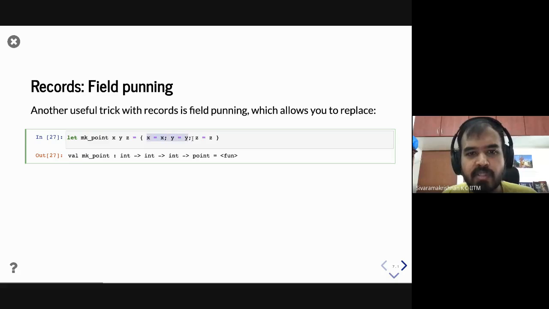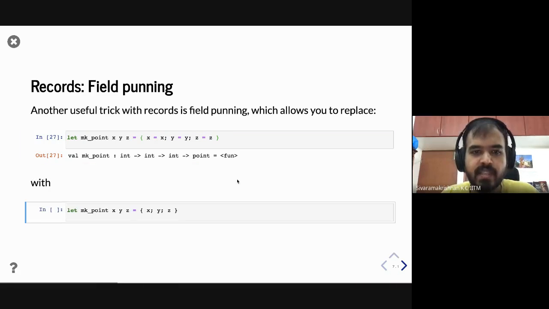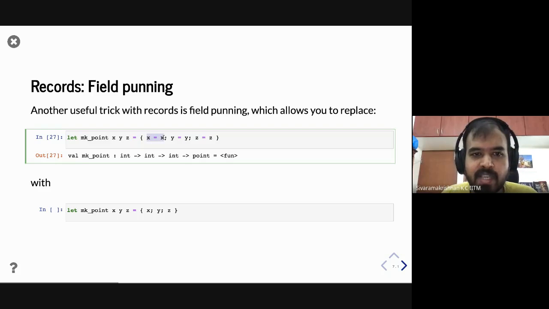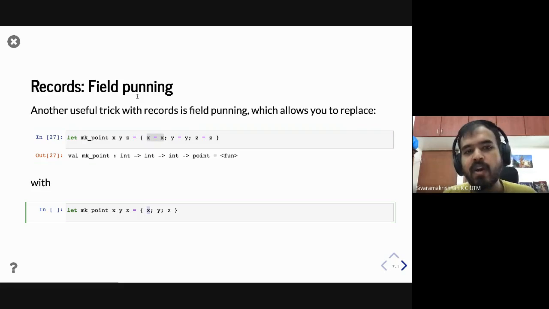x equals x, y equals y, and z equals z. And you may see this form, where if x equals x is your syntax, you can just replace that with x. So this concept is called field punning. Again, this is just a helper thing, right? It's not a primitive,